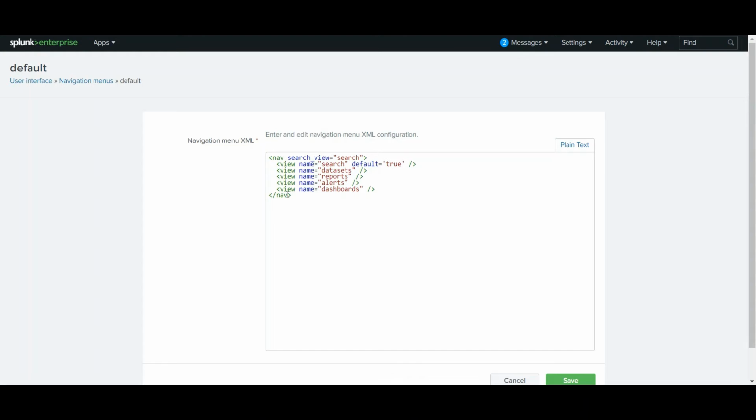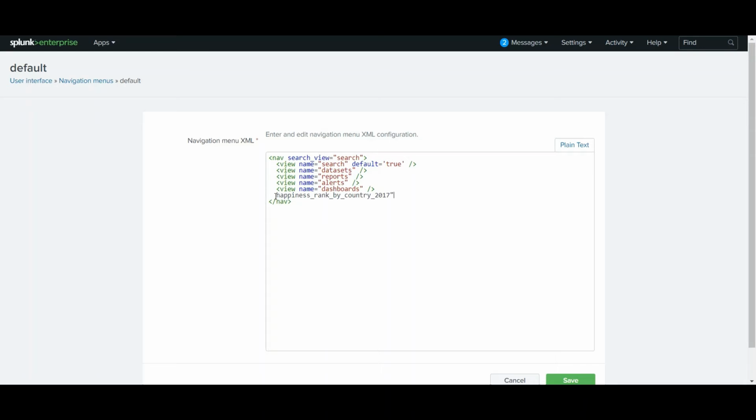To add this dashboard, you have to modify this file in order to make the dashboard visible. So I'll modify it. Let's copy the dashboard which I want to show on the navigation, and I will paste the name of my view for that dashboard.